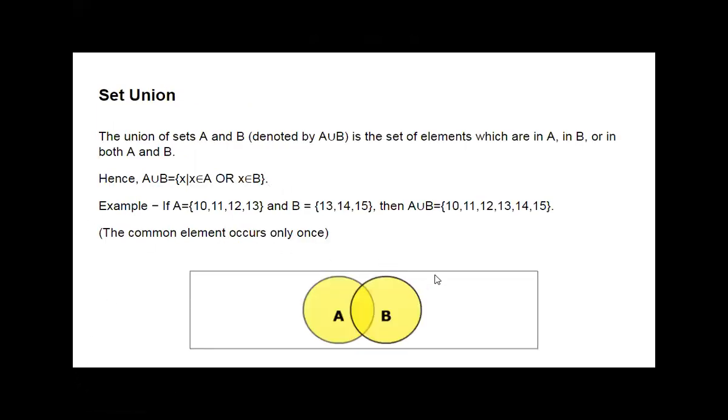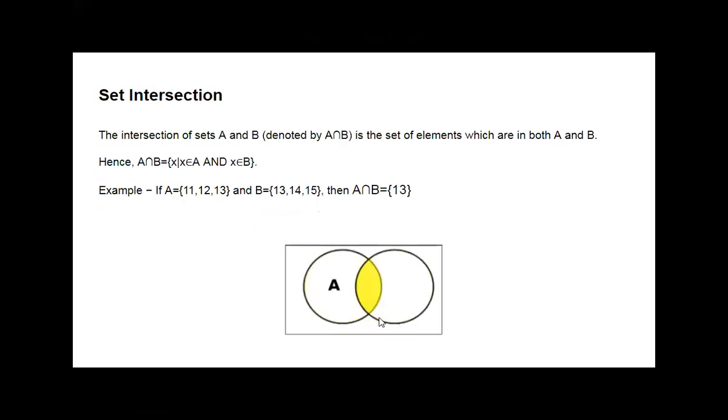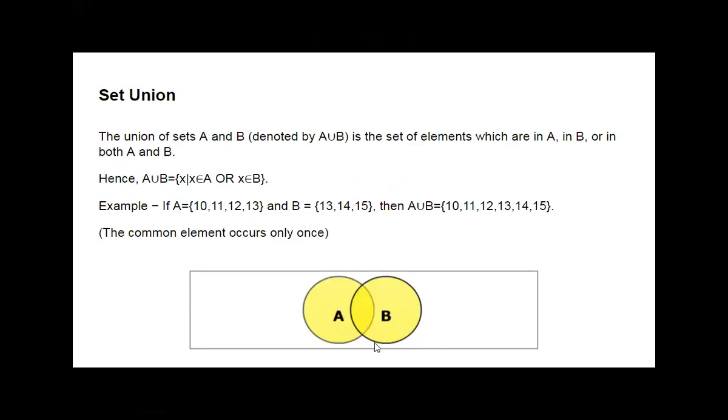Here, the set union is the elements of A and the elements of B, and the common elements in A and B. We can see here the set A, set B, and then the common elements which are in set A also and B also. Those we are taking in set union. Getting?